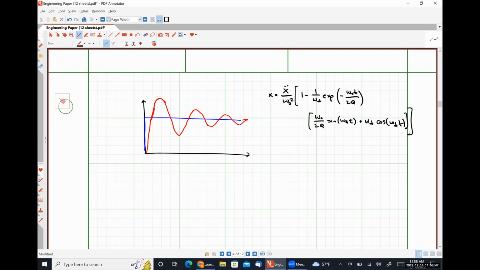That to me looks fairly straightforward because that's roughly what it looks like in an electrical system as well, where omega d has the exact same definition. Omega naught multiplied by, where the heck is it? Square root of 1 minus 1 over